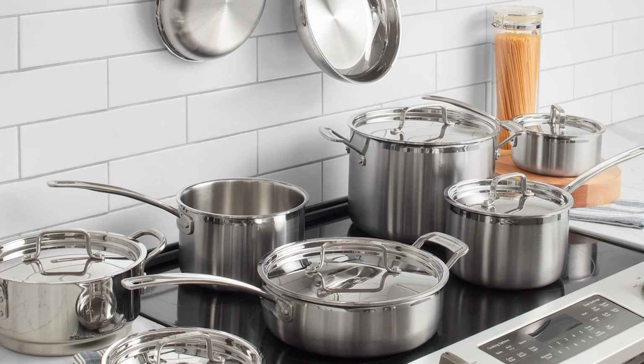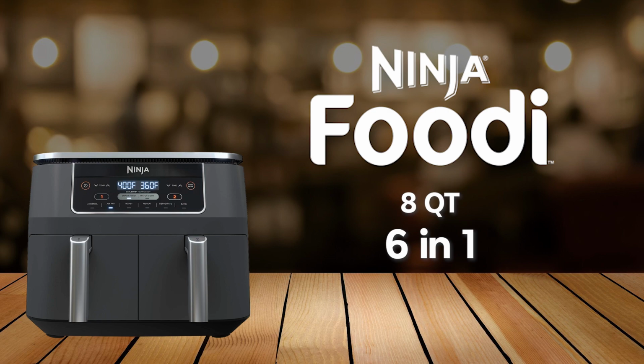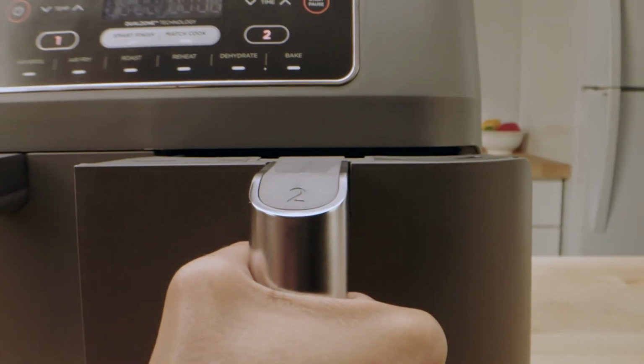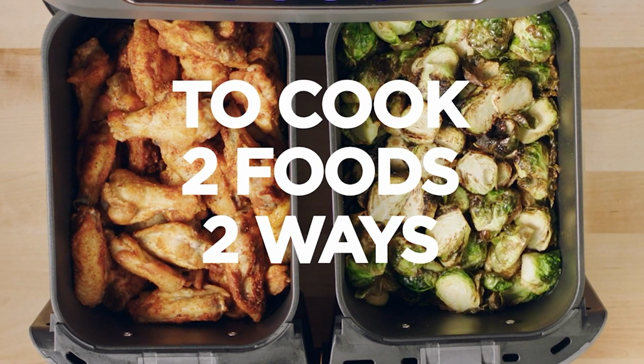Are you tired of using multiple appliances to cook your meals? Look no further than the Ninja DZ201 Quart 6-in-1 DualZone 2 basket air fryer. This innovative kitchen gadget has two independent frying baskets that allow you to cook two different foods at once, saving